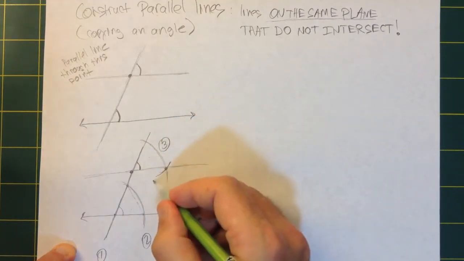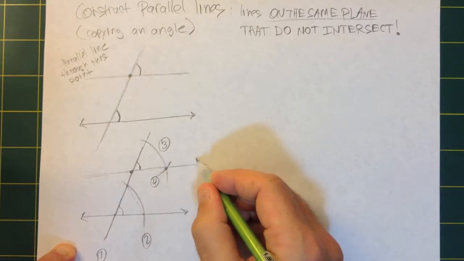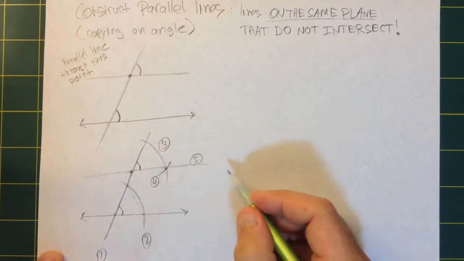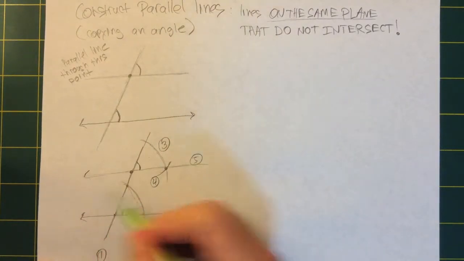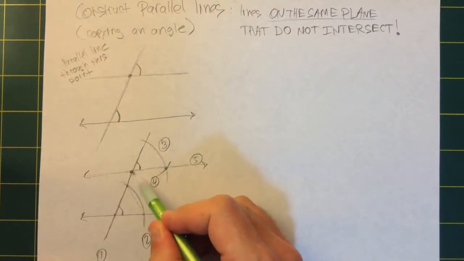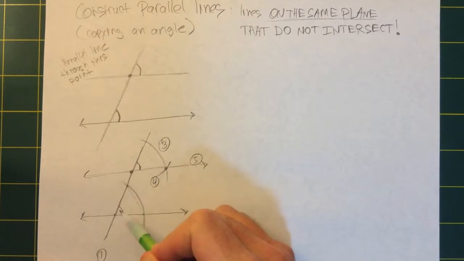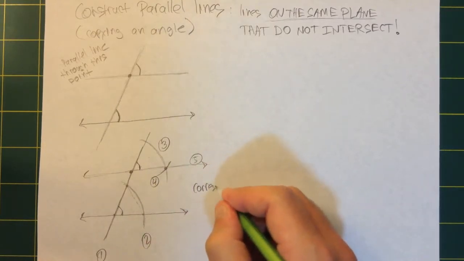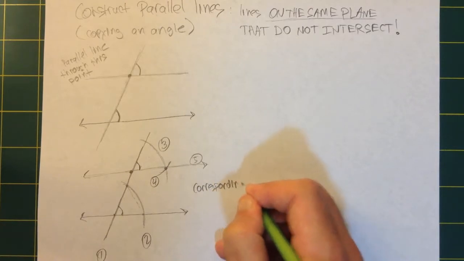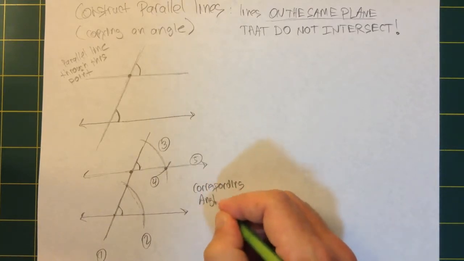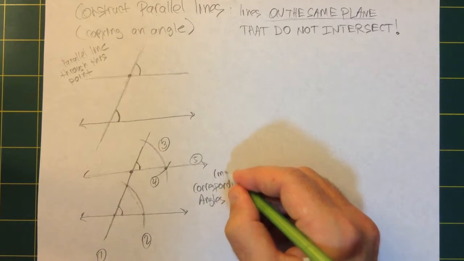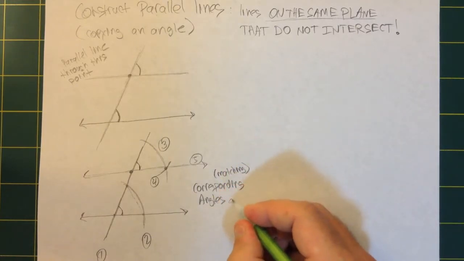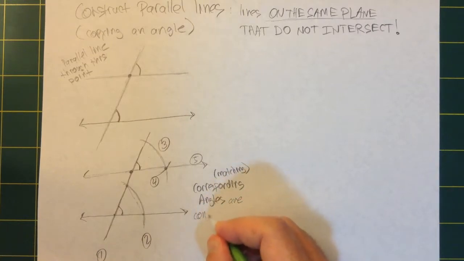So I went 3, this one was 4, this is 5, and now this angle and this angle are the same. And there's a name for these. When you have an angle that's in the top right and the top right, they are called corresponding angles. Corresponding kind of means matching. And corresponding angles are congruent